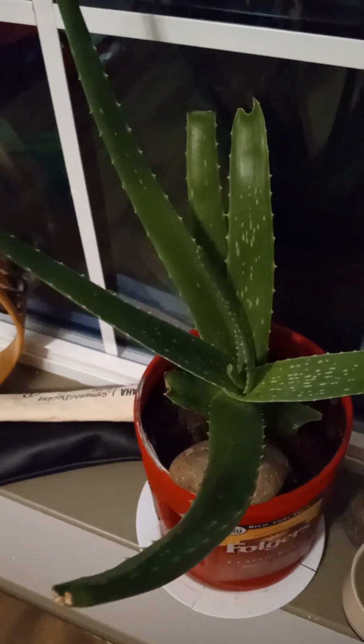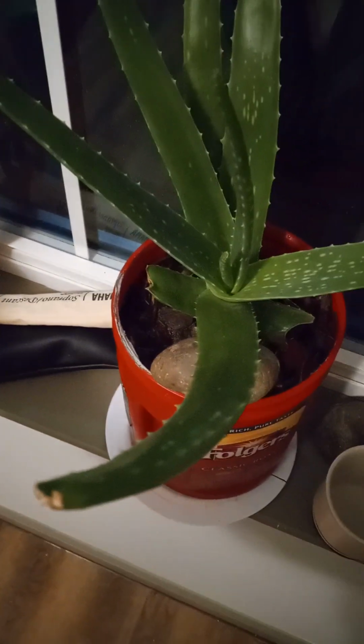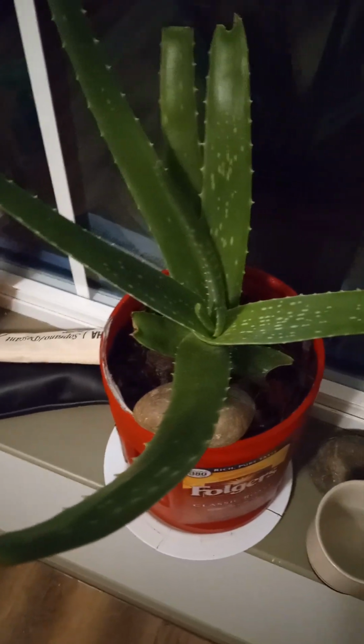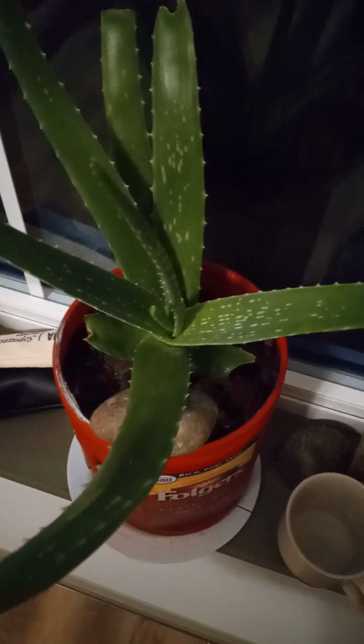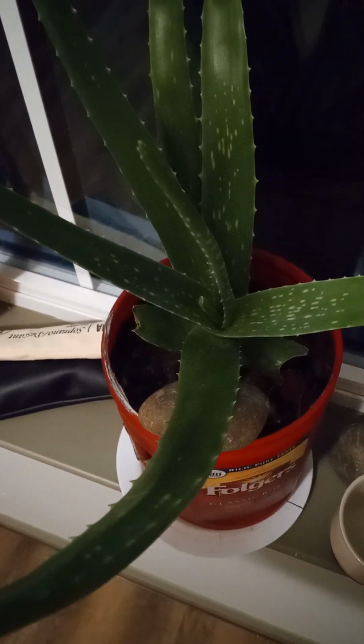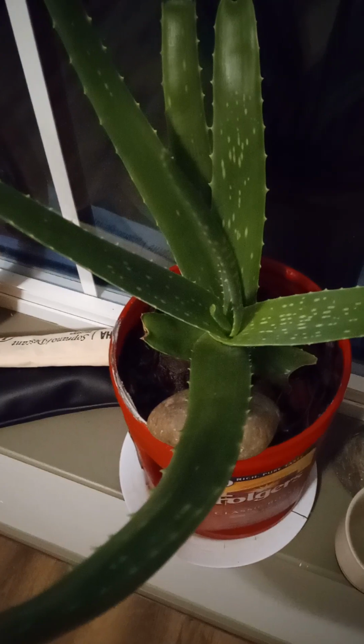So I had to go out and get some plant food. I love this stuff. It's a succulent plant food. It works well with aloe vera. It did last month, so this is the second month that I'm using it. Basically, it says 2 pumps for a larger plant. This is not a large plant, but